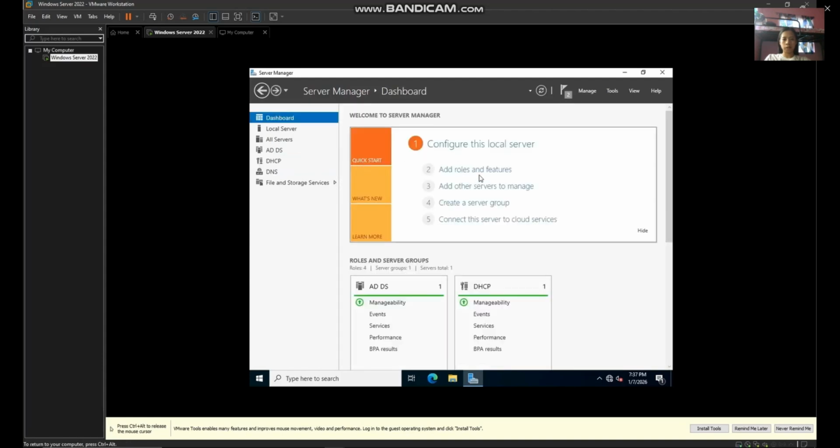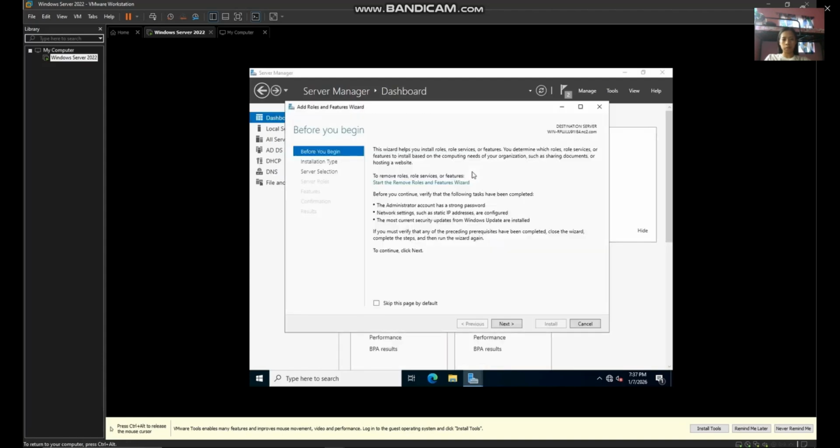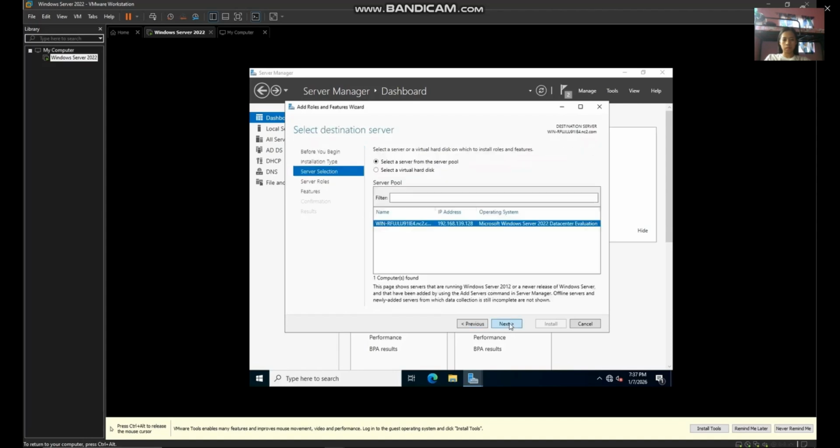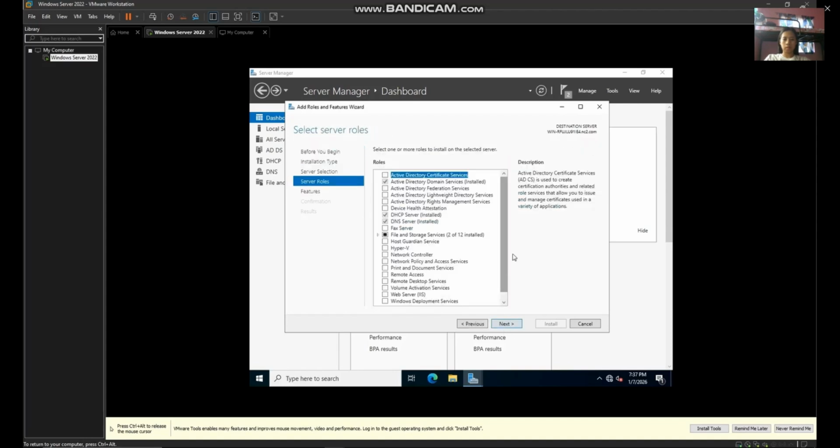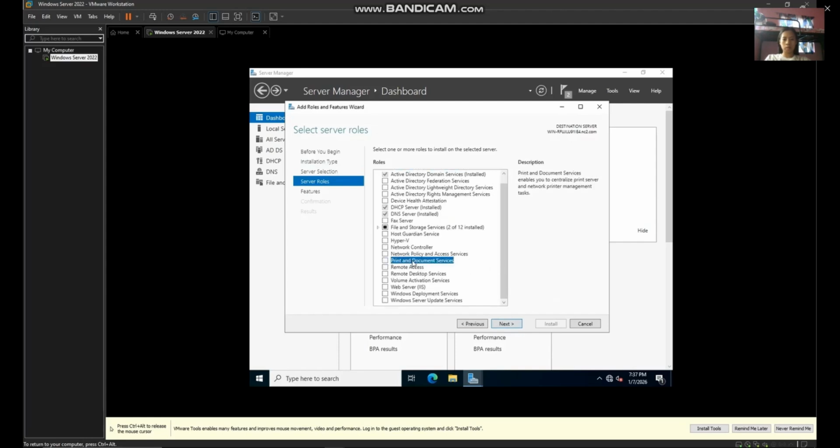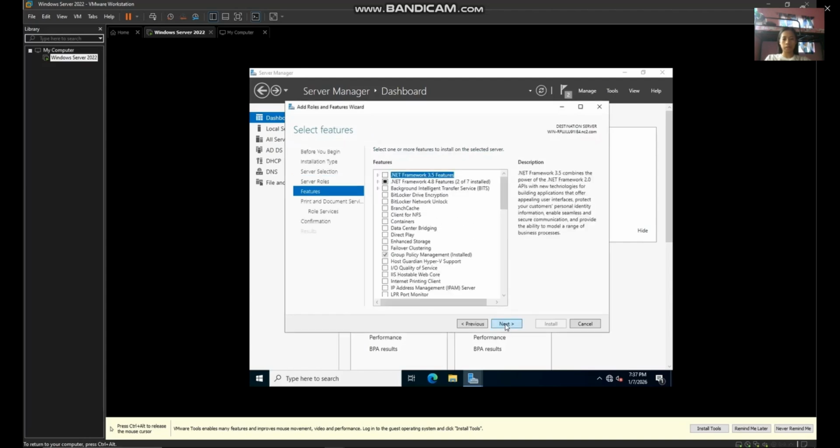Go back to the dashboard. Then we can add features. So select next. Next again. Next. So select the print and document service. So add features. So click next.